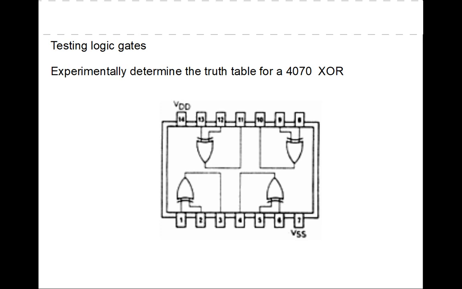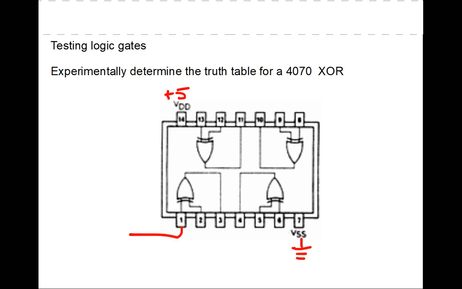And so the final one is I'd like you to test the truth table, determine the truth table for an exclusive OR circuit. And the exclusive OR circuit has the same pinout as the NOR. So we have +5 volts up here in pin 14. We have ground here. And then we can pick any of these to test. You might as well put this one on a switch, this one on a switch, and then we'll put this through a diode,